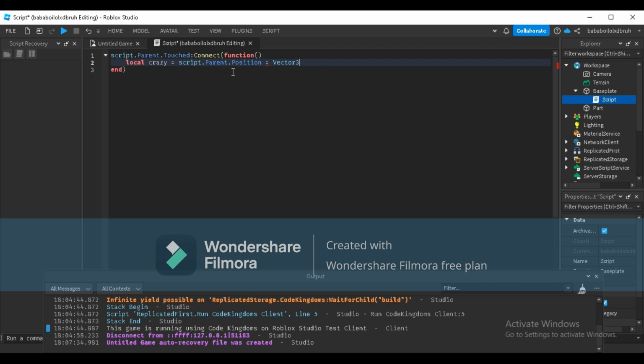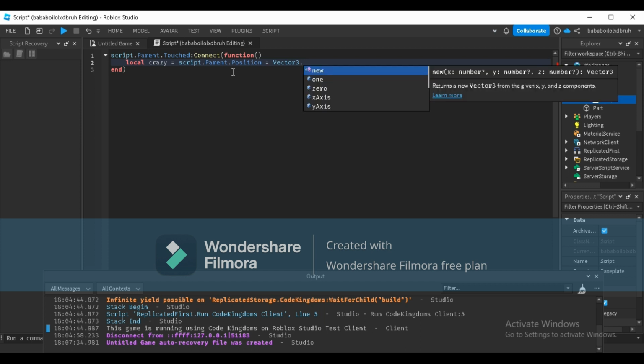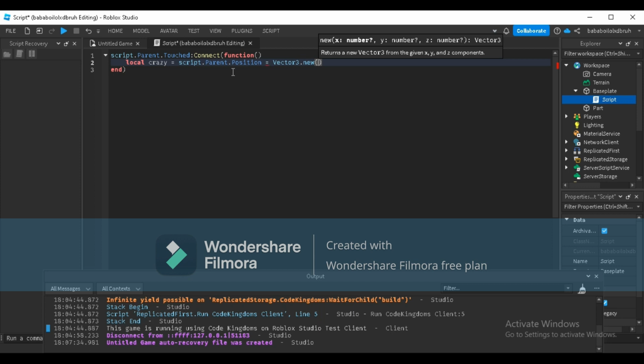We are not going over this yet. Don't try to copy this Vector3 thing. I'm not going to explain it yet. I will explain this next video. Vector3.new, and then we can just do 45, 54, and now